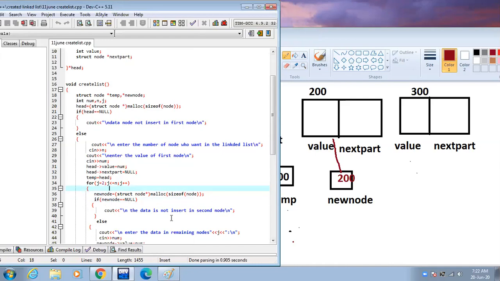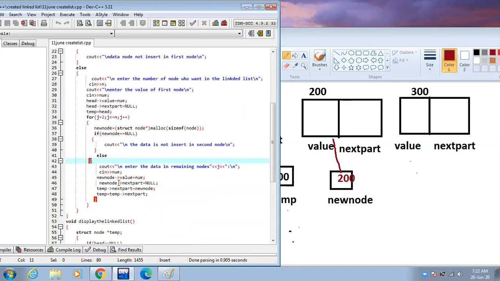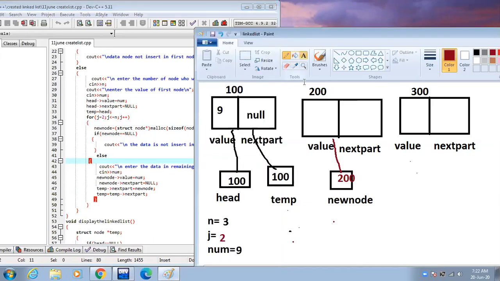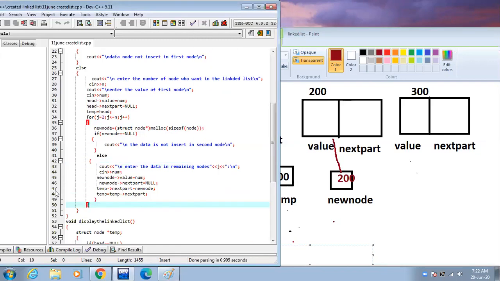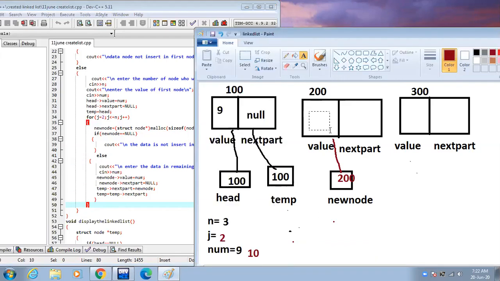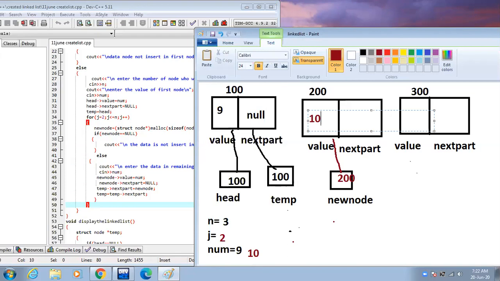If the node is not created, then execute this line, because this node is created, execute this part. Enter the data in the remaining nodes. Num. We enter the value of num is 10. New node value equal to num means the 10 is inserted in this block.